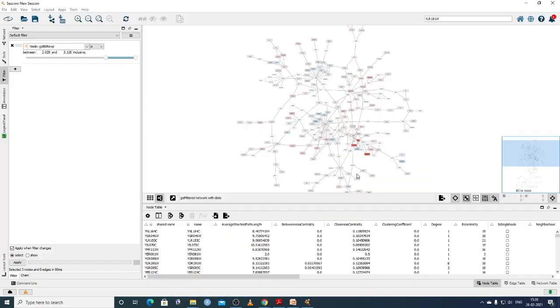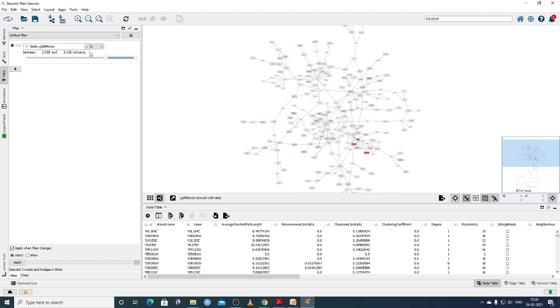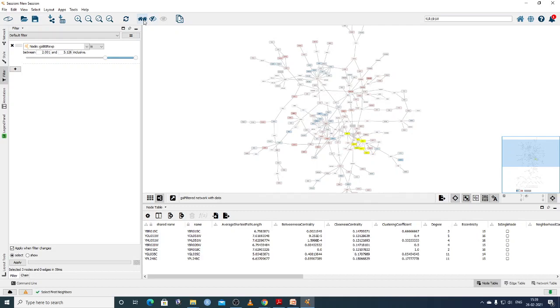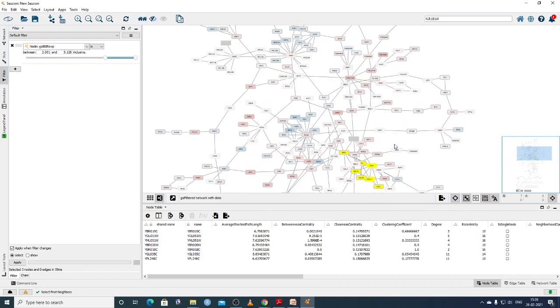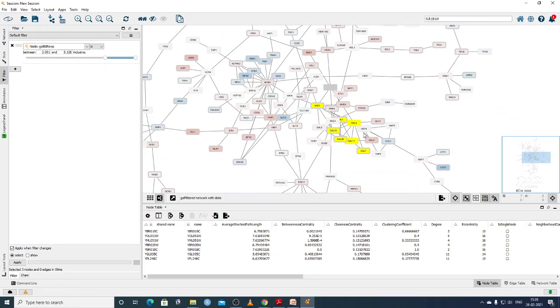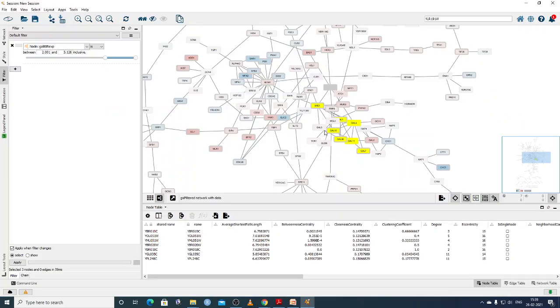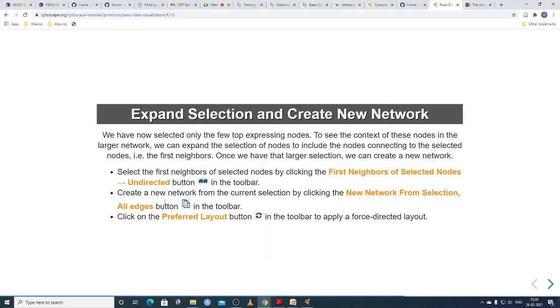First neighbor of selected nodes. So we have this selected. Now you select here. So particular nodes have been selected in yellow. This is the first neighbor of selected nodes. So based on selected nodes, you can select the first neighbor.